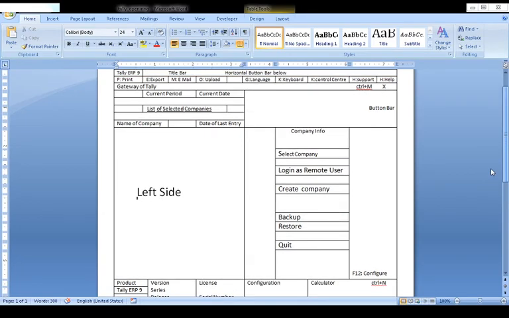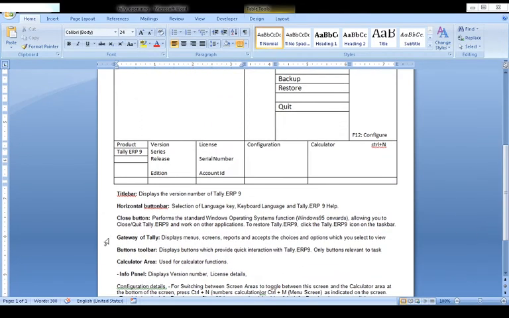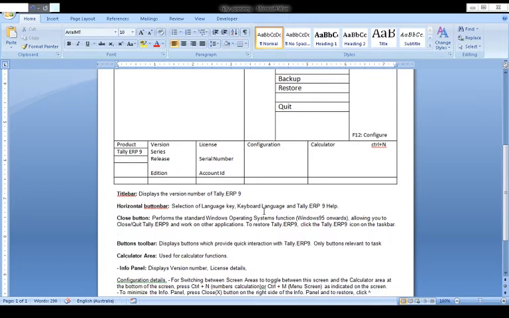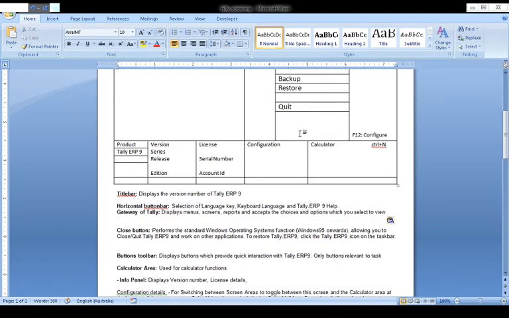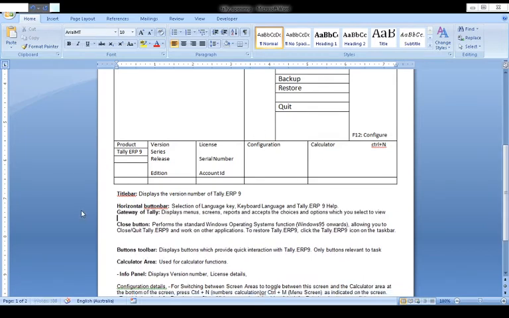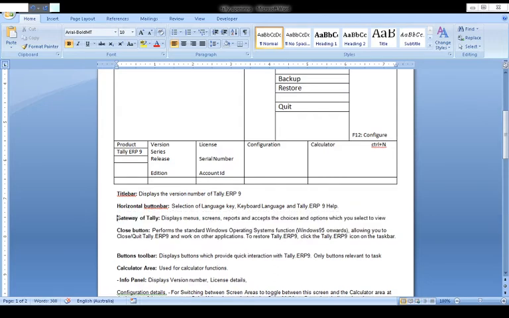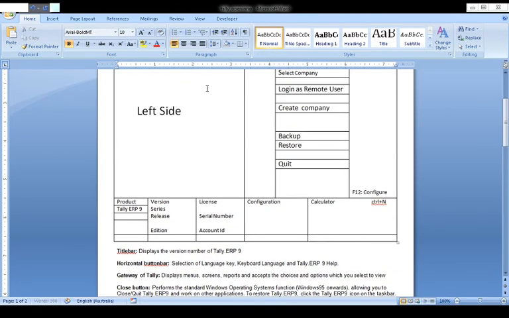Fine. Then comes Gateway of Tally. Gateway of Tally displays the menus, screen, report, accept, choices, buttons, option, everything.